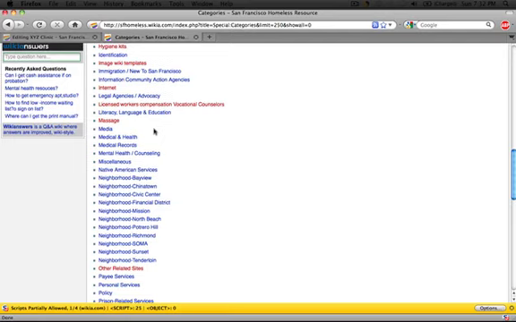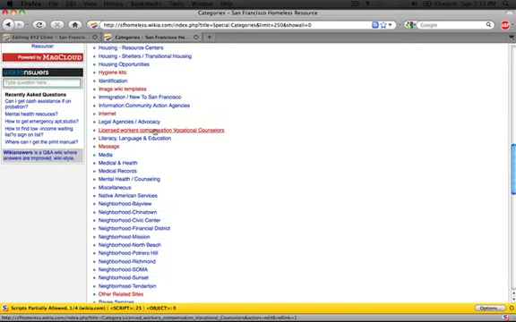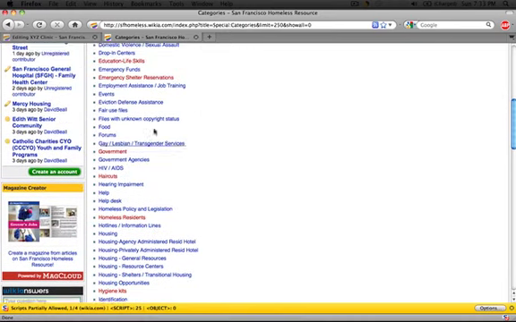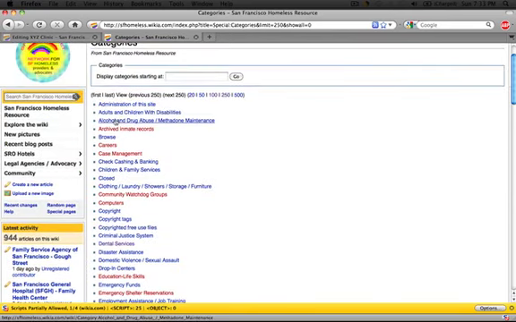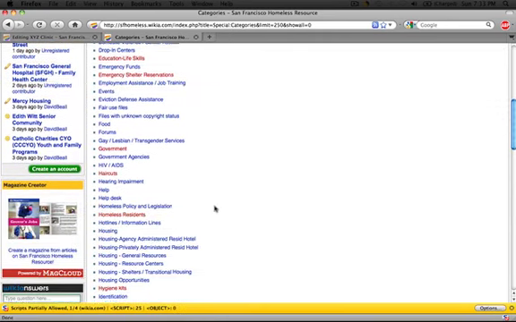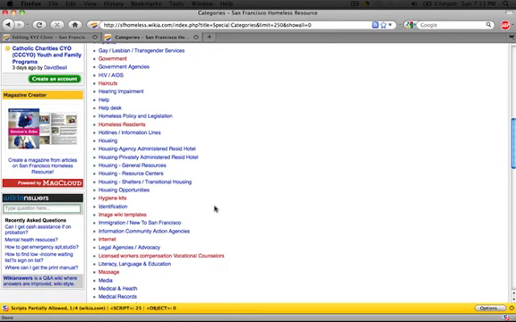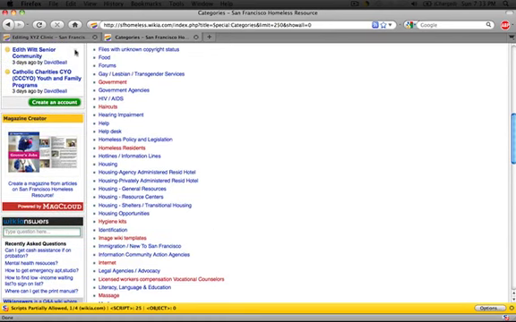Before we return to the page, let's also look for a category that has HIV and AIDS services. We can see right here that the category for HIV and AIDS is HIV/AIDS, as opposed to a category that starts with an A. We'll keep that in mind when we're adding our category. Let's go back to our page